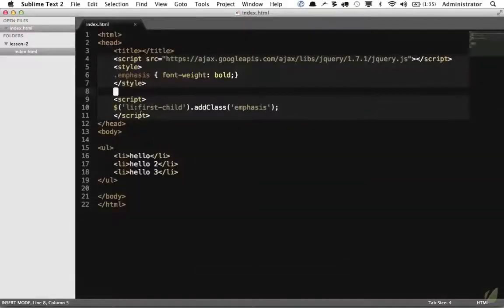And that's because we are trying to work with the DOM before it's been loaded. And this is very important for you to understand. The DOM will be loaded top to bottom, essentially. So it's going to go all the way up here and work its way down. So it will get to this script tag, and we're saying, hey, jQuery, go and fetch the very first list item that is a child of its parent.